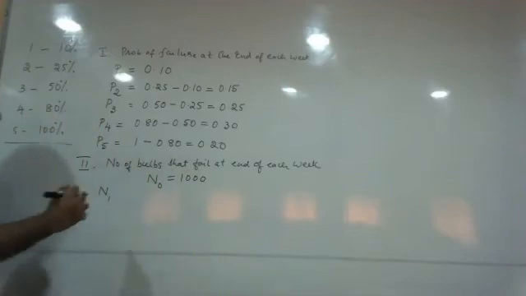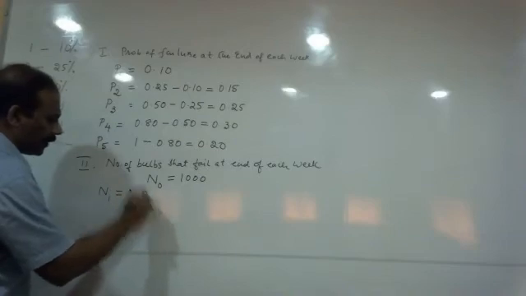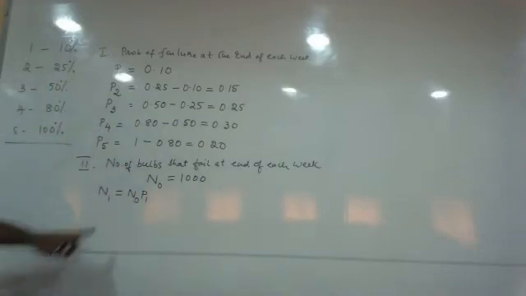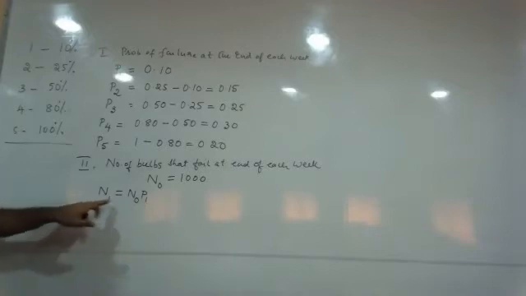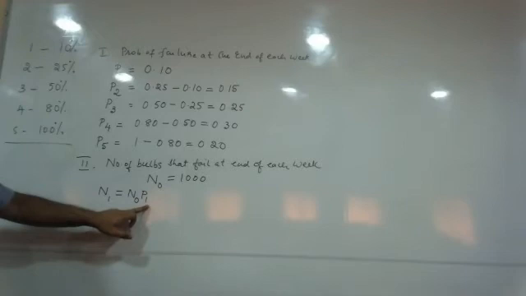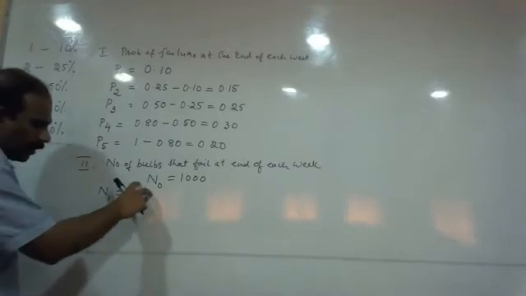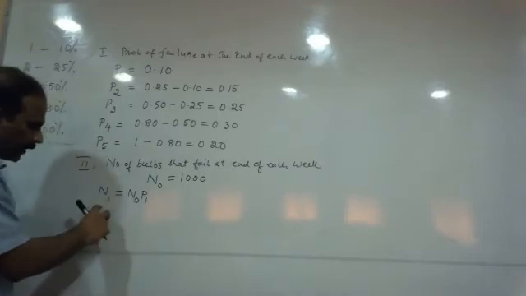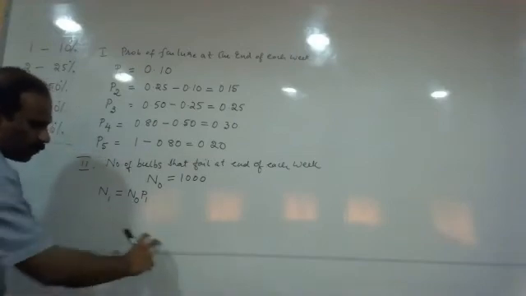ಹೇಗೆ ಎಕ್ಸ್ಪ್ಯಾಂಡ್ ಮಾಡೋದು? ವೆರಿ ಸಿಂಪಲ್. ಸೊ n1 is equals to n naught into p1. ನೋಡ್ಕೊಳ್ಳಿ, ಯಾವಾಗಲೂ ಅಷ್ಟೇ n will always start from 0 and p always starts with the same number. n ಗೆ ಏನ್ ನಂಬರ್ ಕೊಟ್ಟಿರ್ತೀರಾ ಅದೇ p ಗೆ ನಂಬರ್ ಬರುತ್ತೆ. ಓಕೆ, the value of the formula for n1 equals to n naught p1. ಇಲ್ಲಿ ಬರೀ 1 ಇದ್ರೆ ಟೋಟಲ್ ಎಲಿಮೆಂಟ್ ಬರೀ ಒಂದು ಎಲಿಮೆಂಟ್ ಇರುತ್ತೆ. n2 ಬಂದಾಗ 2 ಎಲಿಮೆಂಟ್ಸ್ ಬರುತ್ತೆ, n3 ಬಂದಾಗ 3 ಎಲಿಮೆಂಟ್ಸ್ ಬರುತ್ತೆ, n4 ಬಂದಾಗ 4 ಎಲಿಮೆಂಟ್ಸ್ ಬರುತ್ತೆ.